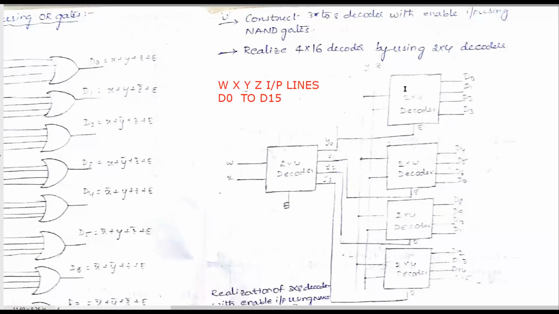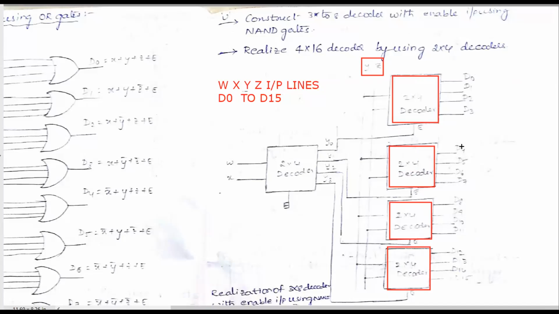And similarly, we have taken the second stage. We are having the 4 2x4 decoders. Each 2x4 decoder is having 2 input lines. These input lines are common for all the decoders in the second stage. The Y and Z lines are common for all the decoders. The inputs are Y and Z, and the outputs are named as D0 to D3 for the first decoder,